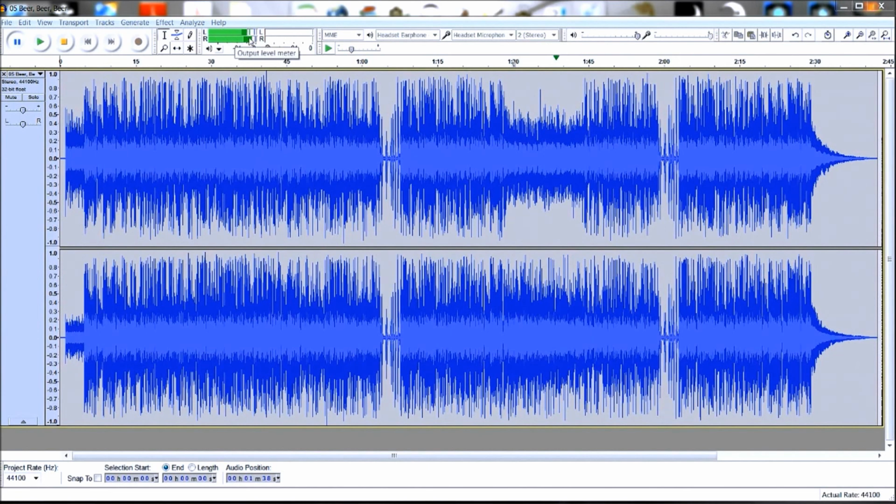And if I hit play again or resume, and you watch that area, you'll see it's bouncing around to show us our levels. Okay, so in this case, if we want to cut out a section of the music, the easiest way to